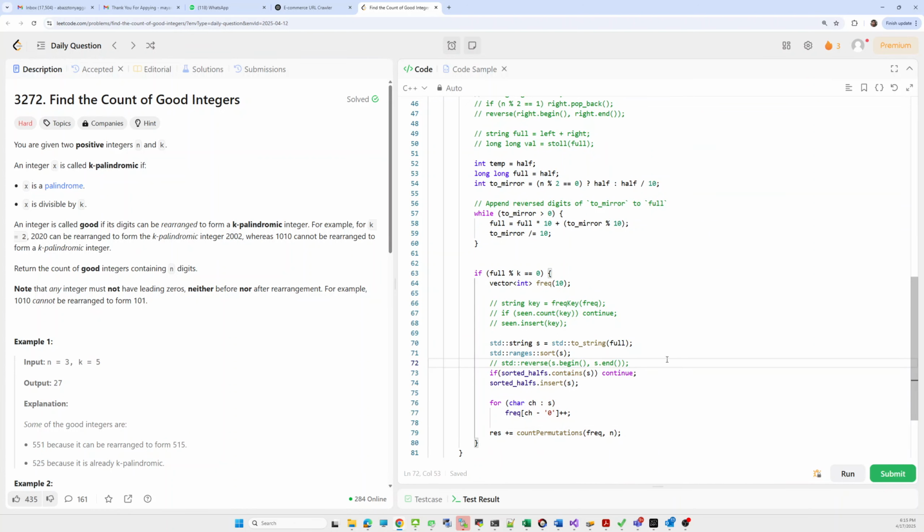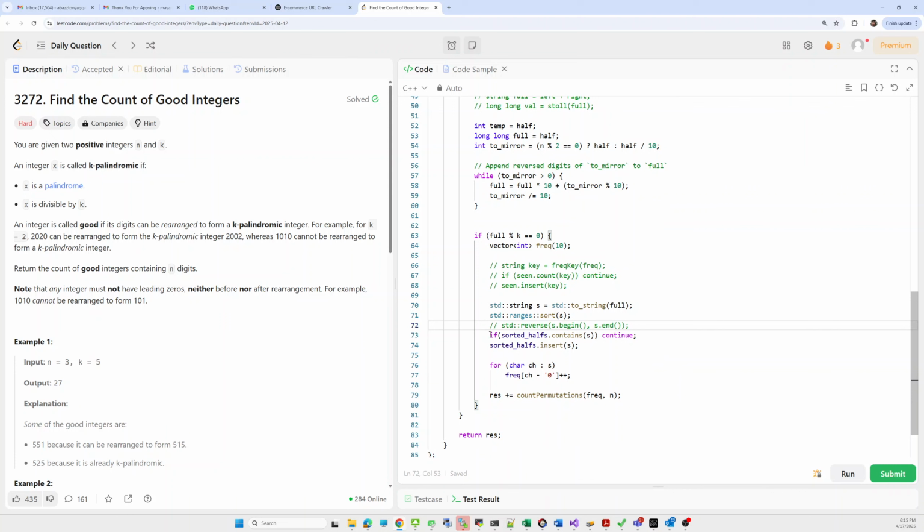After sorting, I stored it in the container. While iterating, I check whether that string is available in the container or not. If it is available, I simply continue from there. Else, going below, first I insert that string in the container and check for the count permutation part.